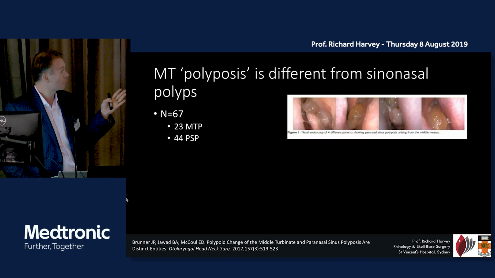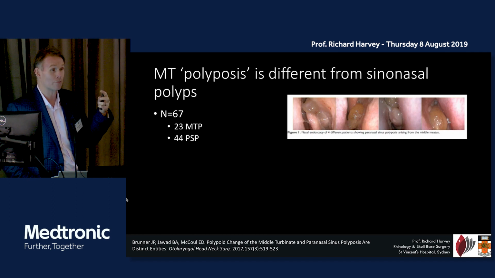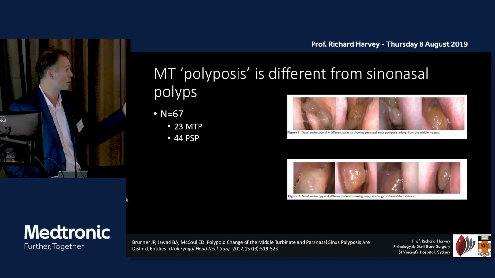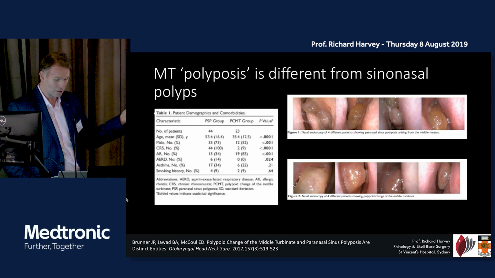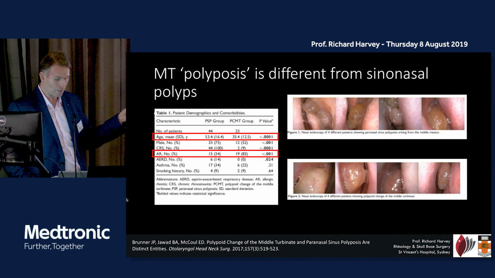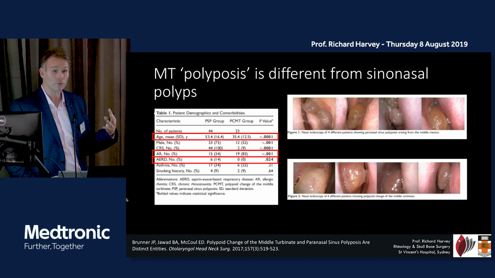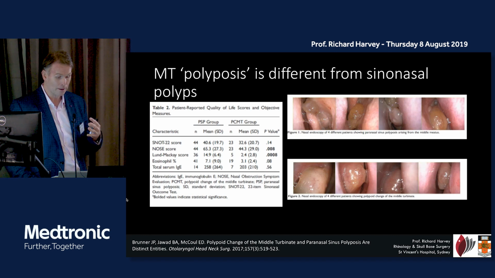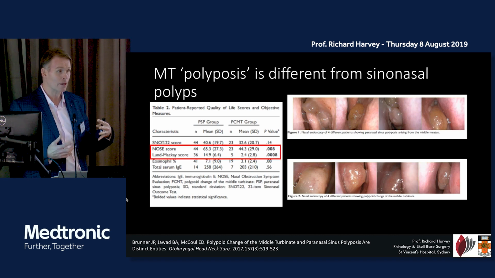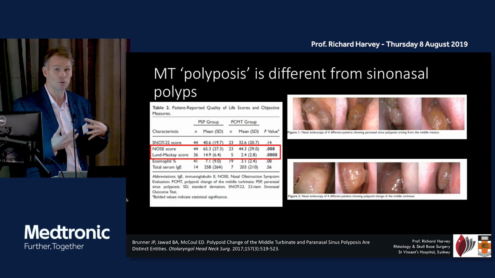So he said, let's take real polyp patients where the polyps are coming from the sinus, where there's sinus inflammation, versus people who have this polypoid change on their turbinate, and say, what's different about them? Well, essentially they're younger, like you would expect in an allergic group. They're more likely to have a true classic allergic rhinitis and less likely to have aspirin-sensitive disease. Very typical for simply people with inhalant allergy. And not surprisingly, their actual degree of sinus inflammation was relatively small compared to people who had true nasal polyposis